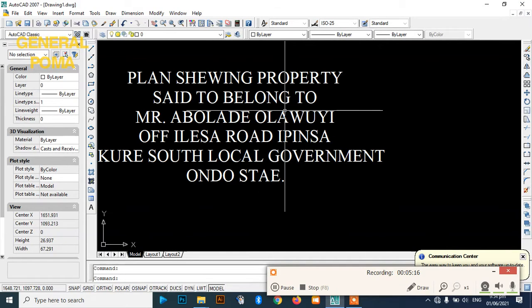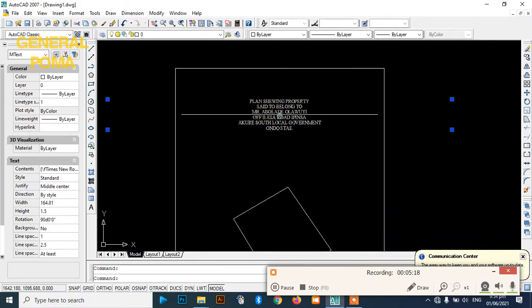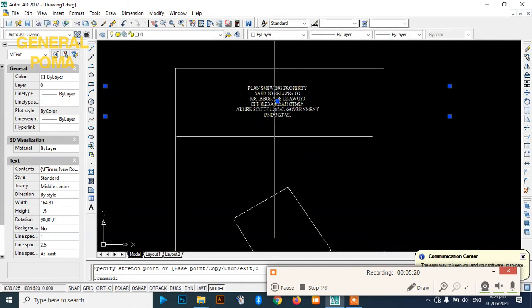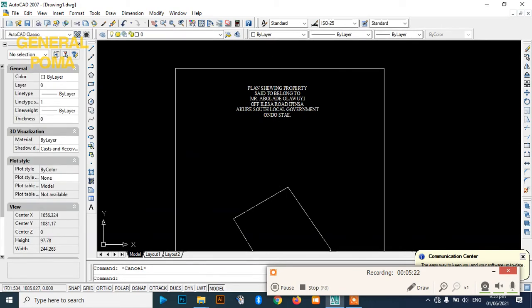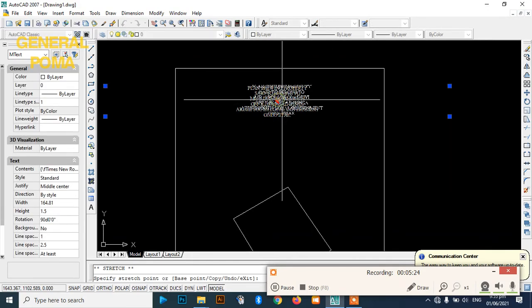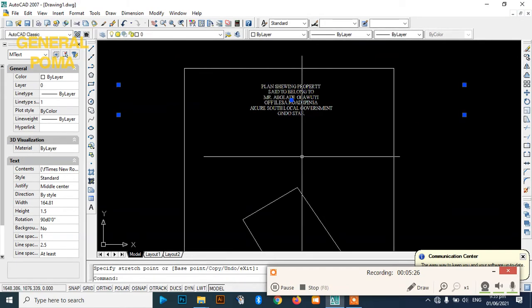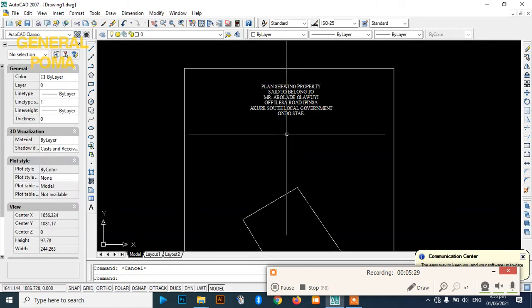Ordinarily, looking at it like this, 1.5 looks small, but no, it's not small. Now, that's for the text. Now, I want to draw the scale, the representative scale. So how am I going to do that? By clicking on line,